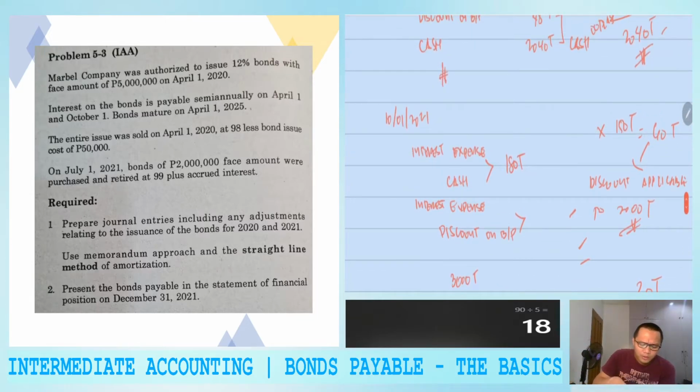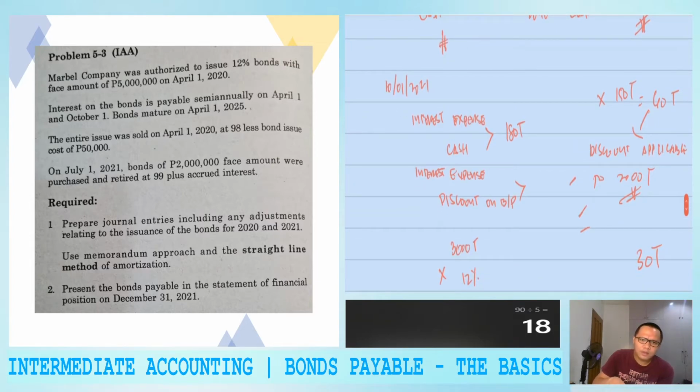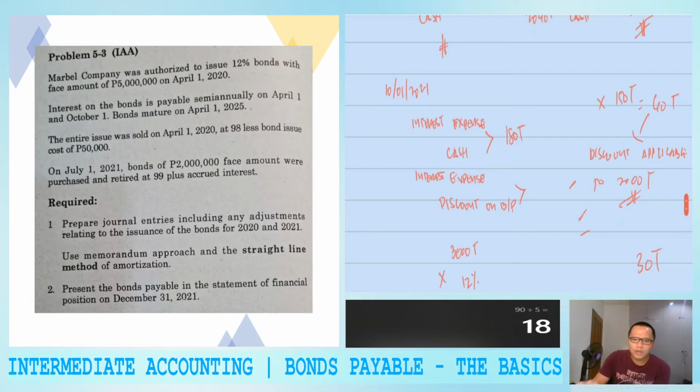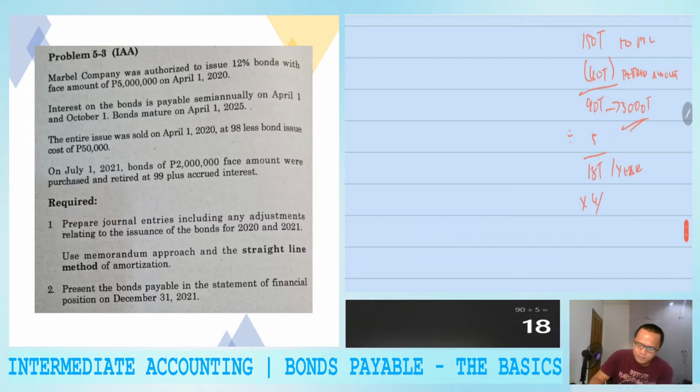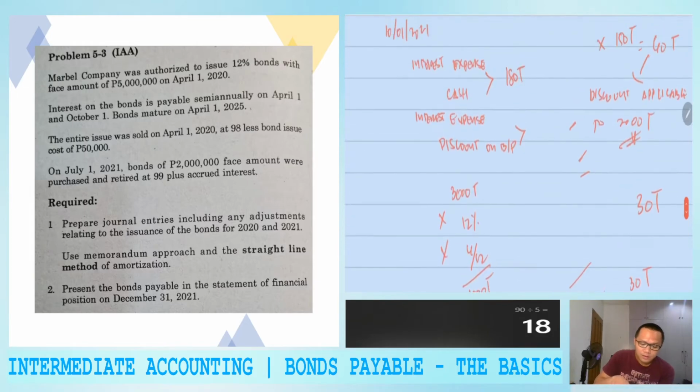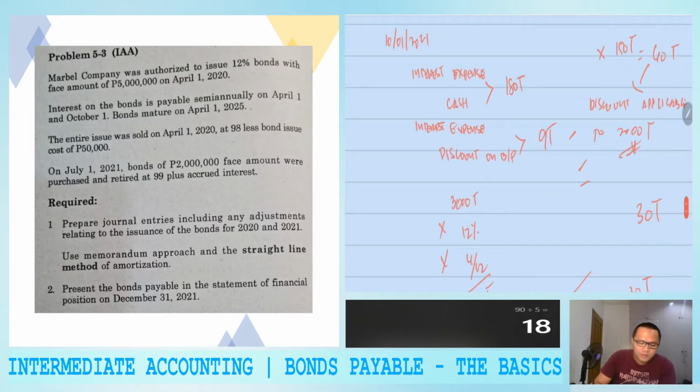And on October 1, that is, kumbaga, 6 months pa rin. Times 6 divided by 12, obviously that is 9,000. So the amortization now is 9,000. Okay, nakuha ninyo yon. Okay? So ngayon, on December 31, 2021,